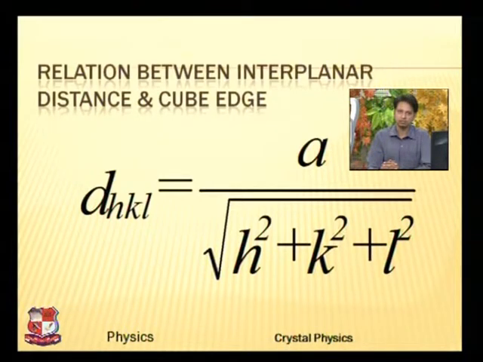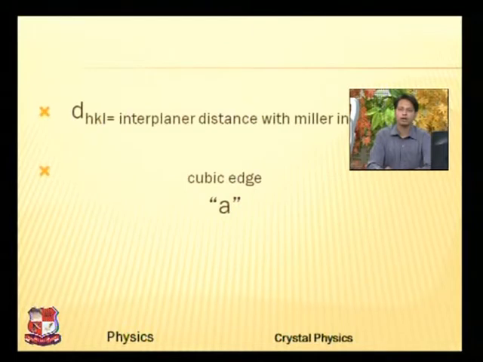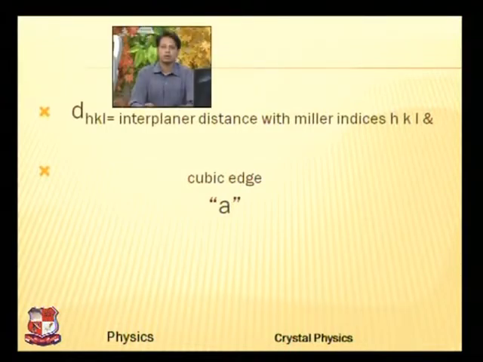This defines the distance between two planes inside a crystal, and that plane traces many molecules underneath it. That means we can know the distance between two planes inside a crystal, and it is clear that the distance between two planes inside the crystal is always the same. So d_hkl is the interplanar distance between the Miller indices h, k and l and cubic edge a. With that we conclude up to this that we defined the interplanar distances.